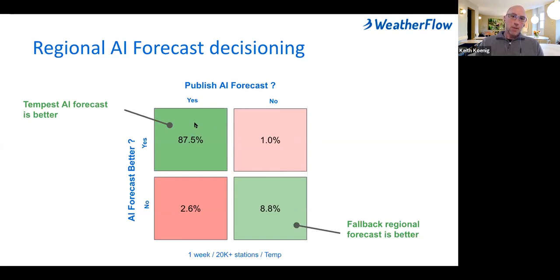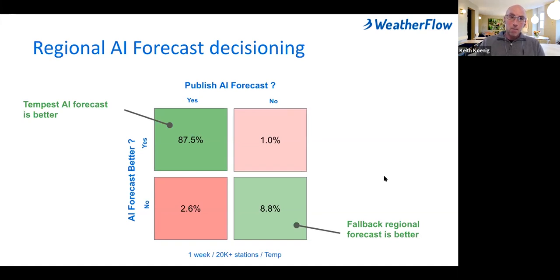Or we chose to publish the AI model for that particular location, and it wasn't better than the comparable regional model. But we're just getting going, and it gets better with time as we get more pattern recognition and machine learning. These percentage values are fairly astonishing out of the gates and going to get better and better over time. Again, this is an analysis over 20,000 stations for a week.